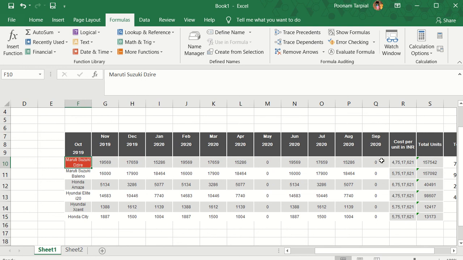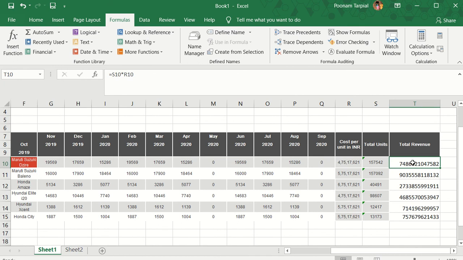So what I'm going to do is take my cursor to the total revenue section here. You can either apply this function on the full column, or you can apply it on a specific cell as well. I will go with a specific cell. Let's suppose that Maruti Suzuki Dzire is one such car which needs attention. As per the data of my company, I have to track its sales very closely, so I would like to apply the watch window on Maruti Suzuki sales specifically.